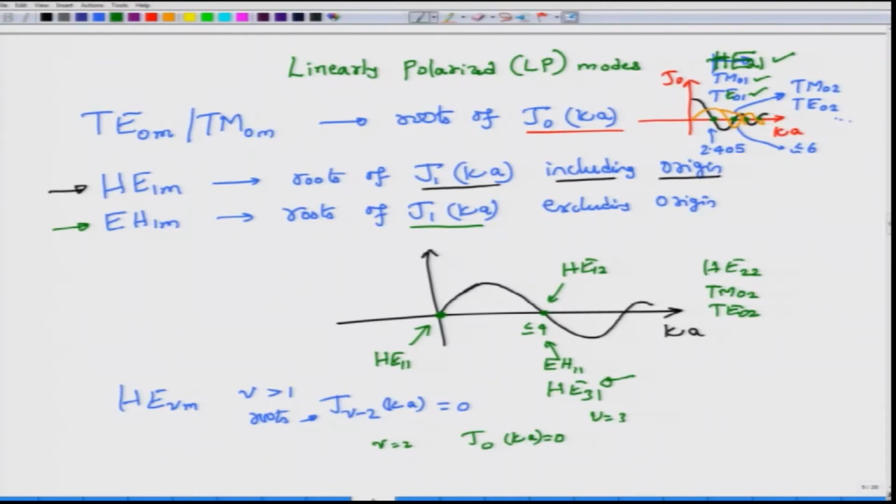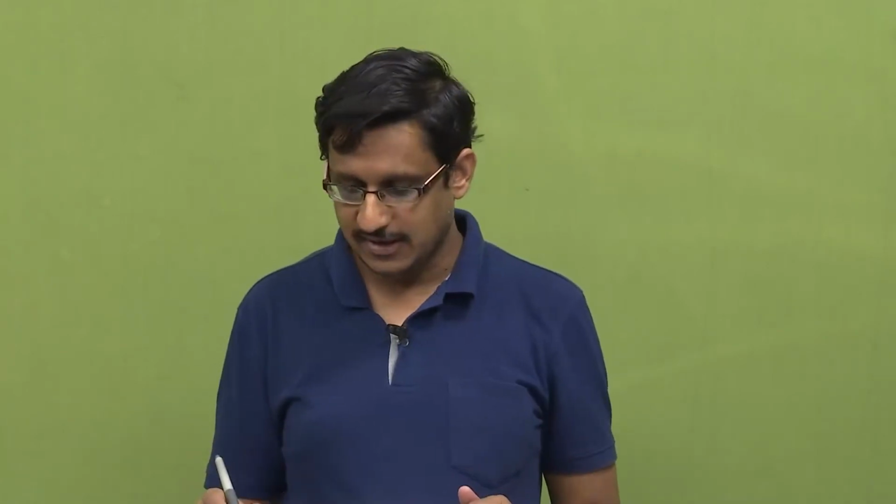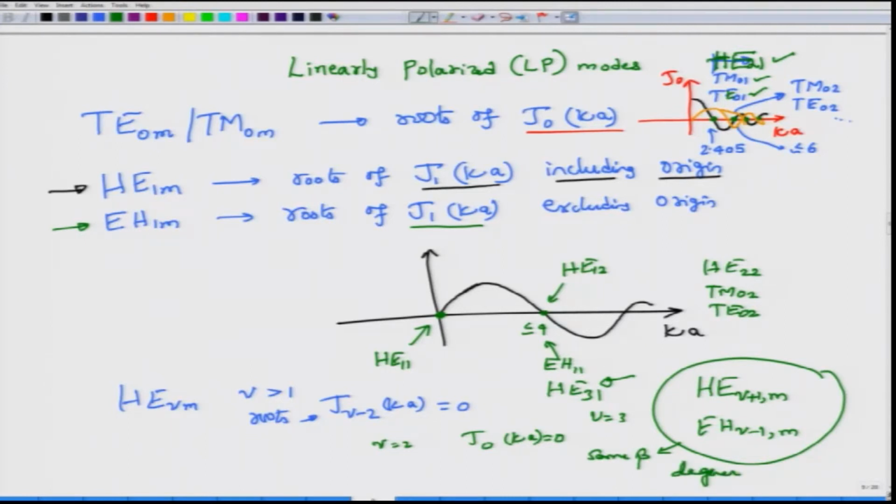So, these are the modes that you get from solving the true solution or the true characteristic equation. These are the proper modes and this is the mode hierarchy. The fundamental mode is HE11, then you have 3 modes which are TE01, TM01 and HE21, and then you have modes which are HE12, EH11 and then HE31 and so on. Okay. If you look at them carefully, you will see that HE nu plus 1 m mode is actually degenerate with EH nu minus 1 m mode. These two modes have the same propagation constant and therefore, we call them degenerate modes.